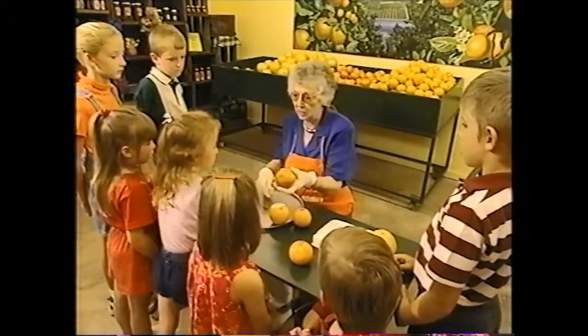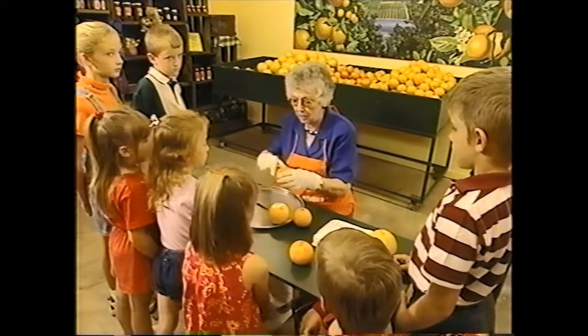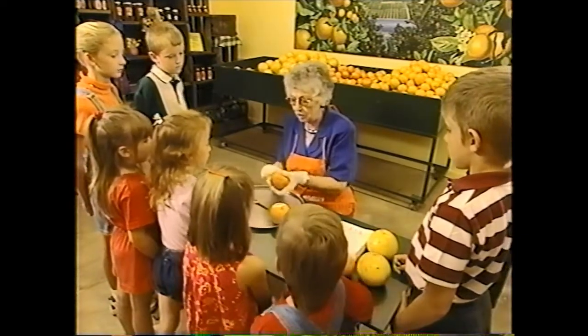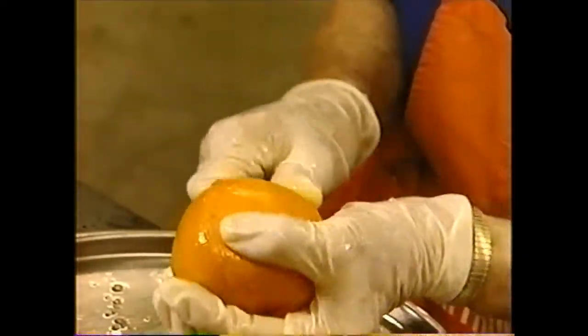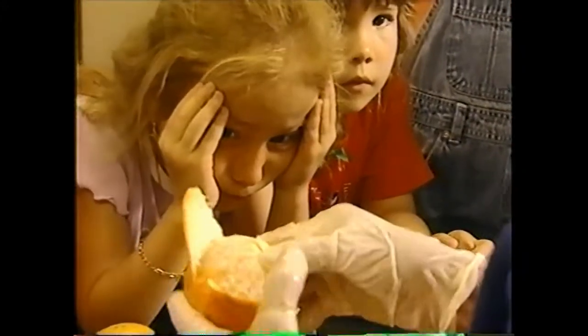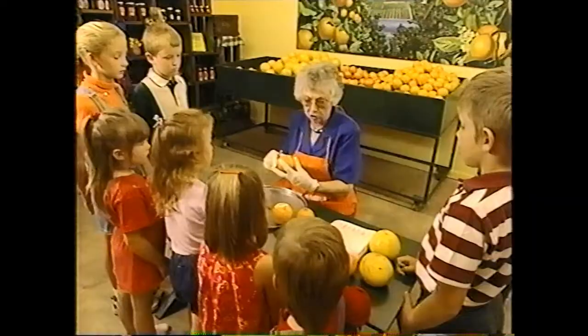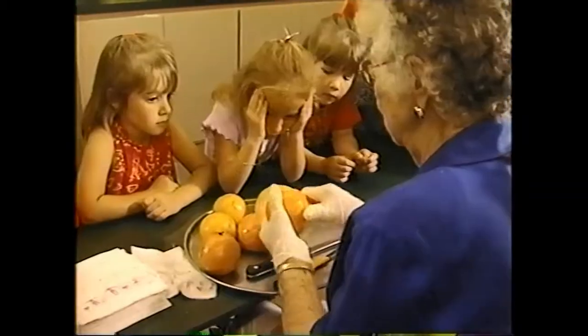Now, the best way in the world to peel an orange is to peel from the stem down to the blossom end and score it. See, scoring it means to make little cuts like that. And then you take it and you do this. See how easy it is to peel an orange if you score it. I want to tell this to the mothers now. You will score the oranges just like this